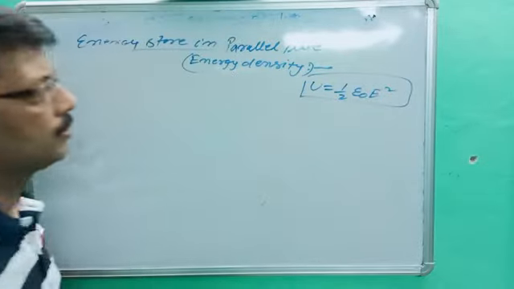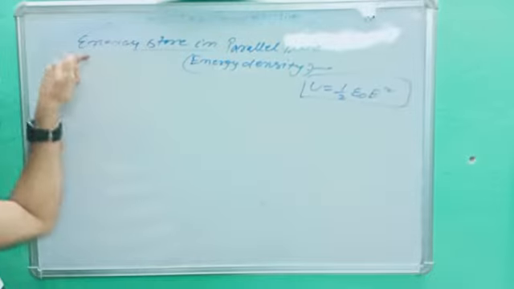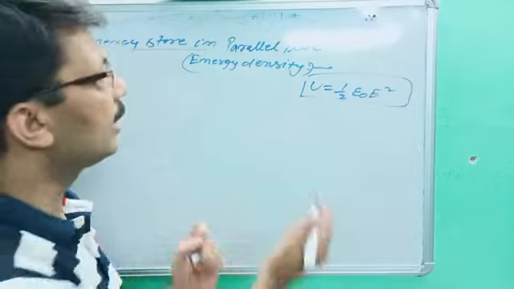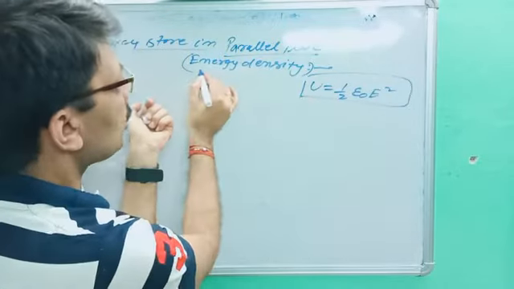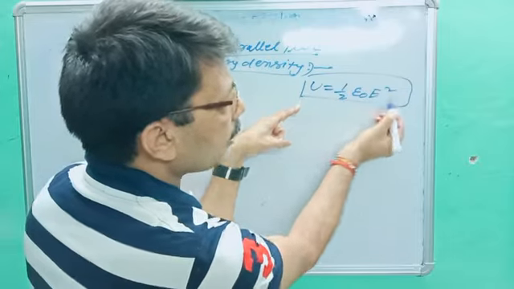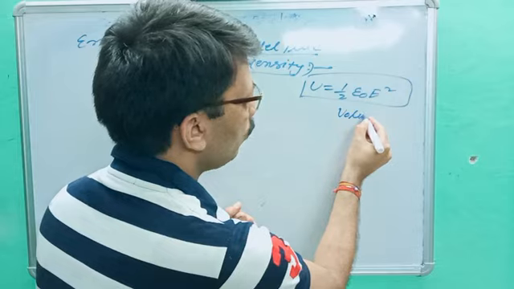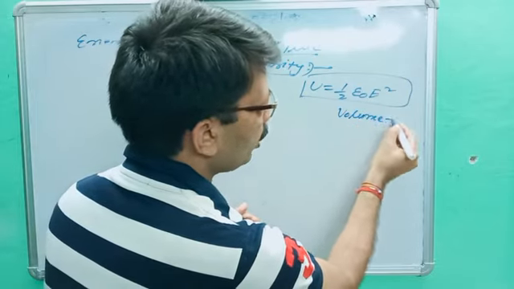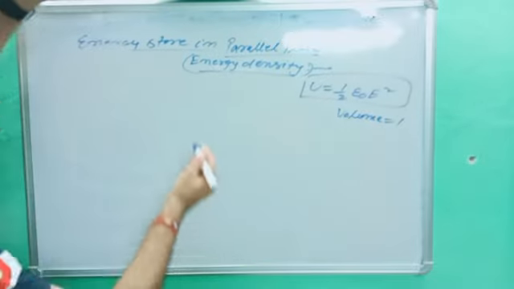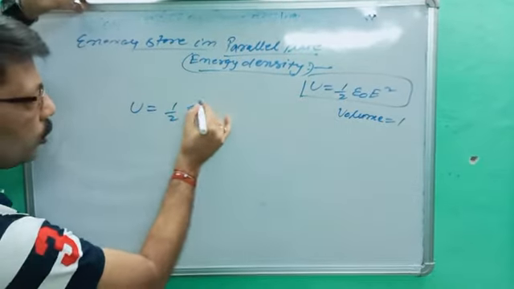Very important formula. In 2017, this question was asked for 3 marks: find the energy density or energy stored in a parallel plate capacitor. Are you getting the point? Especially we will get the answer for the parallel plate capacitor. This is also known as energy density, and its formula is U is equal to 1 upon 2 epsilon naught E square. This is the formula for energy density when volume is equal to 1, for unit volume. So now come to the point. You better know, we just got U is equal to 1 upon 2 Q square upon C.